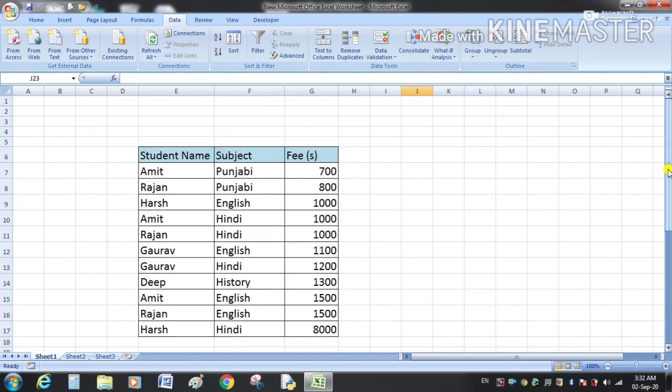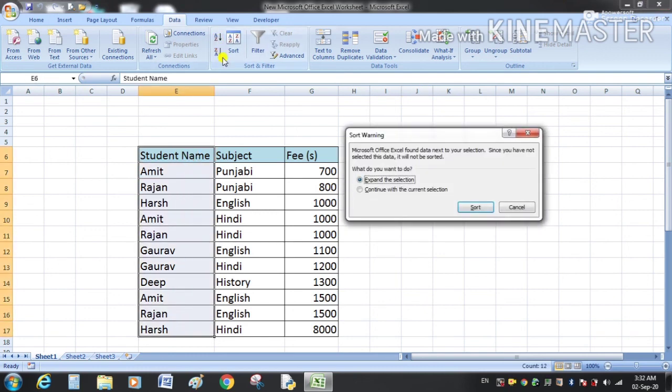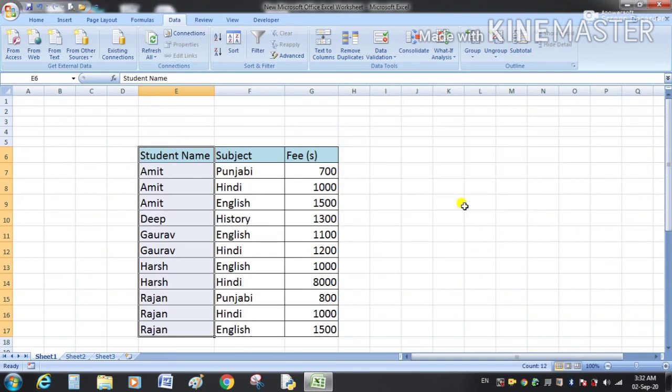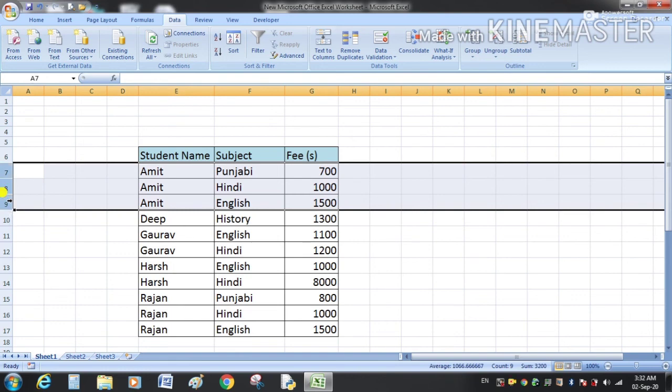Now we will see how we can create our own groups. Here is the data for Amit. I want to group this data for Amit. Select the rows for Amit and go to Group.